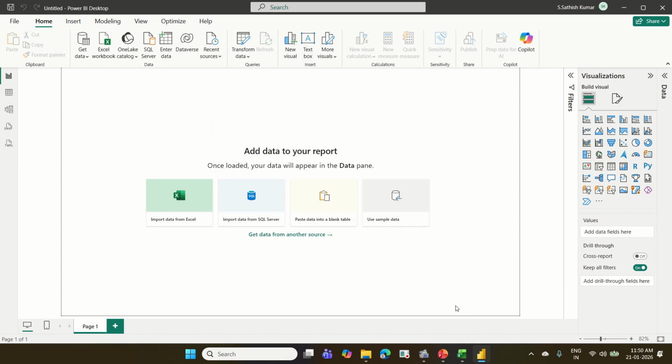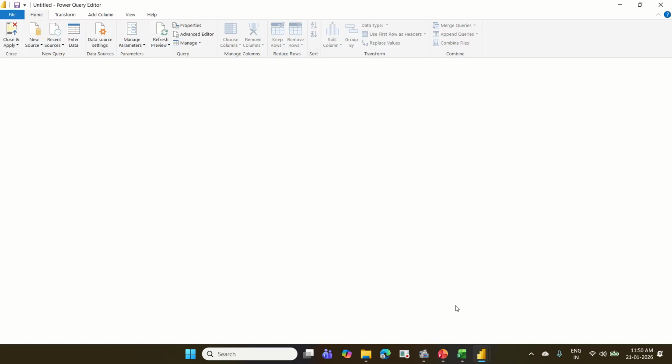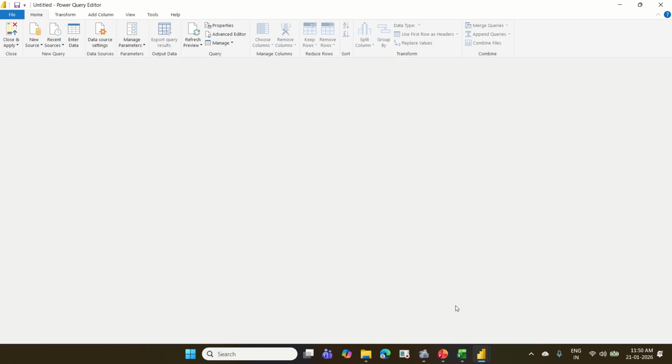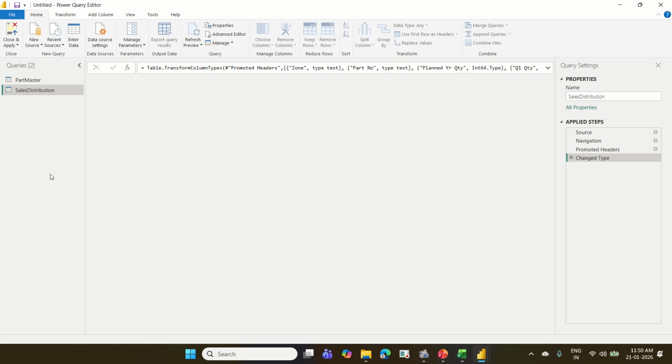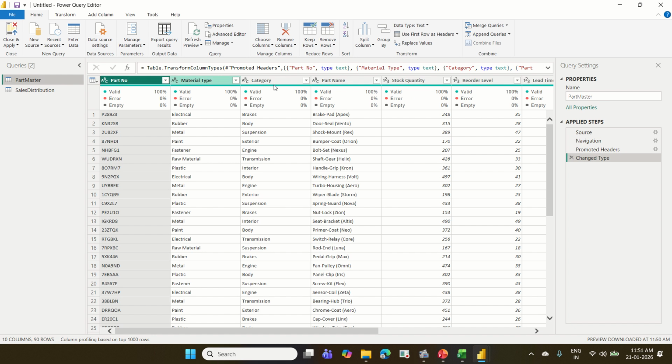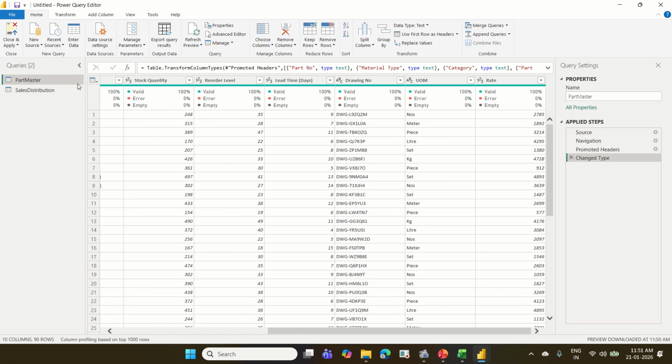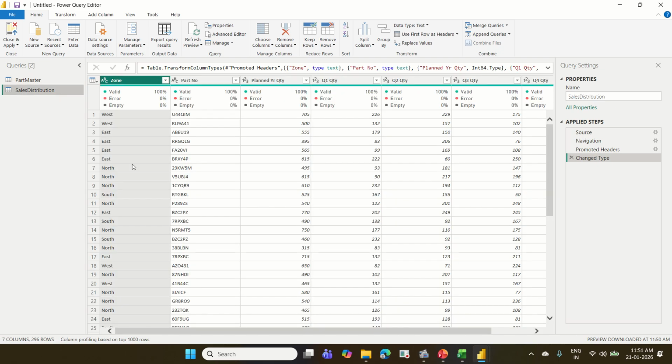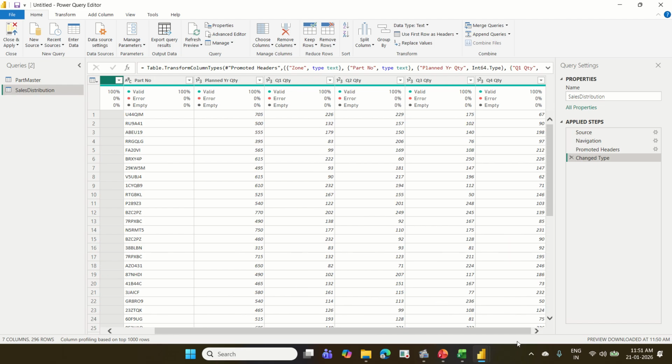Yes, please check your column qualities. As usual, I think only 2 sheets, so we can check it very easily. Let me check that. Green, heading, data type. Let me go to the part master first. Part number, material type, I think data format, everything is correct. Sales distribution, correct. So we have checked the column quality, there is no problem. Okay. Now,